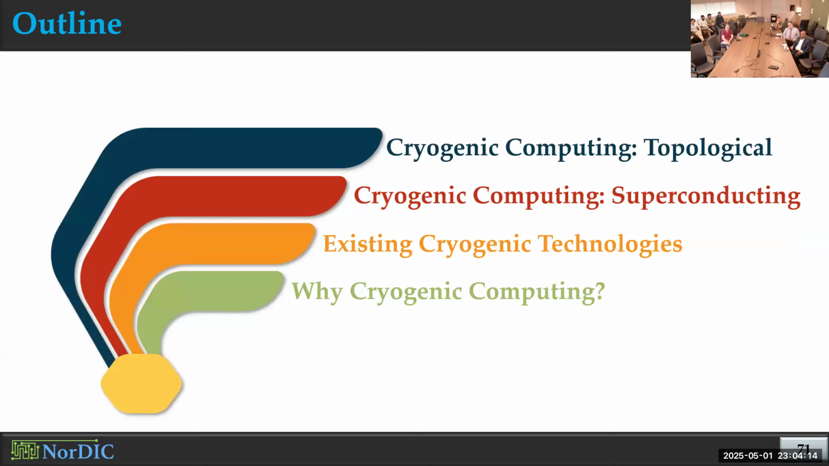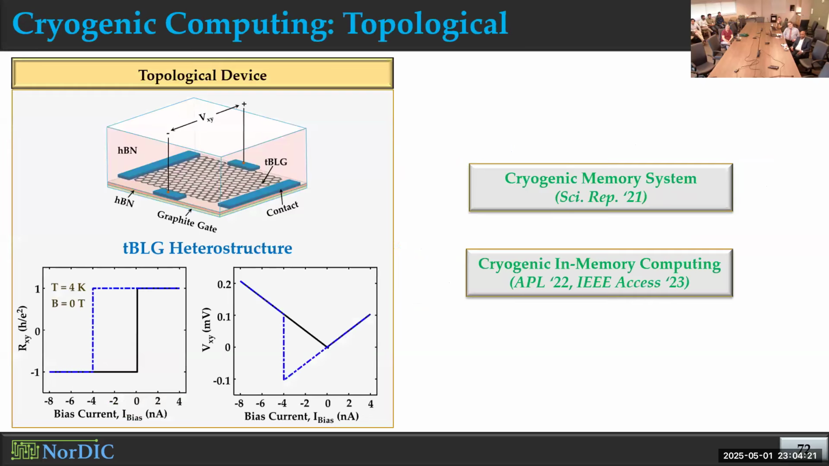Now I'll move to the second part of my presentation, where I'll talk about how we use these topological devices, again, for cryogenic computing. So we use this quantum anomalous